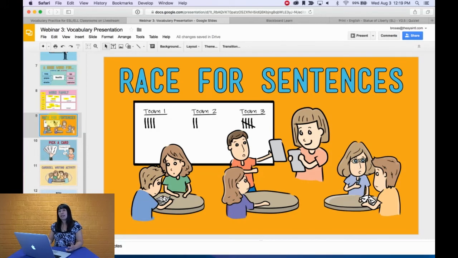He or she is waiting for students to create sentences. So it's a race. Students need to create sentences with the vocabulary words. Different strategies may be useful. The first one might just be one vocabulary word in one sentence, or 2 or 3 or even 5 words